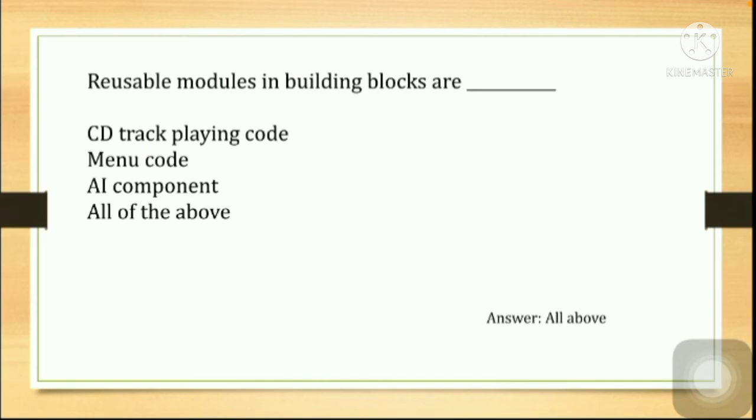There is a screen code module you can reuse for determining the screen, the sound setup code, the compression and decompression, the data file. In the same way, there is the CD track playing code, which is a reusable module. Menu code, yes, this is also a reusable module. If two are your answer, then directly you get the answer for this question, that is the fourth one, all of the above. AI component is also a reusable module. Answer is all of the above.